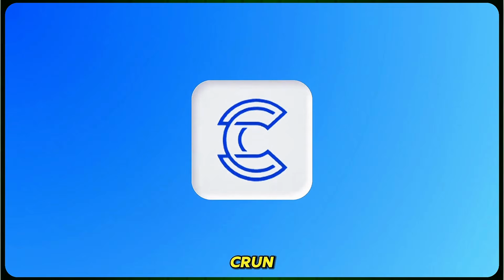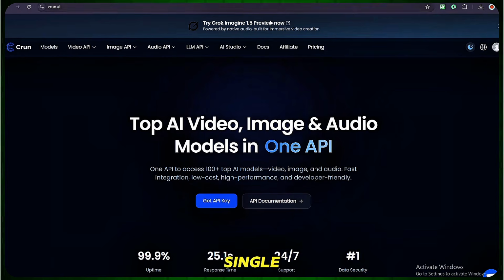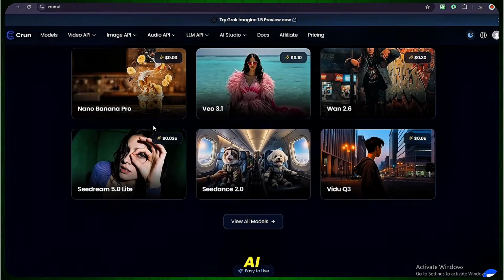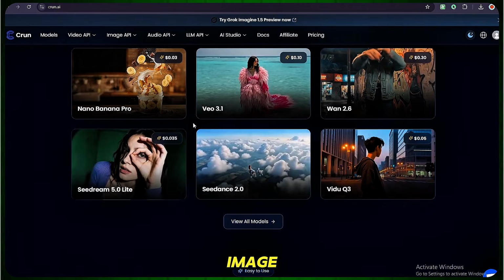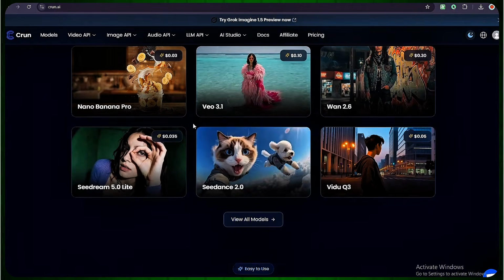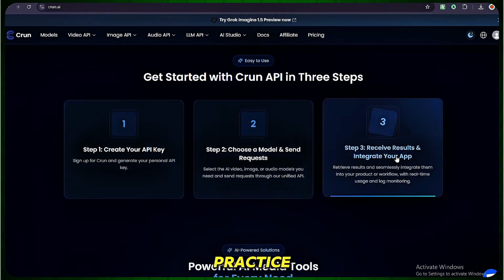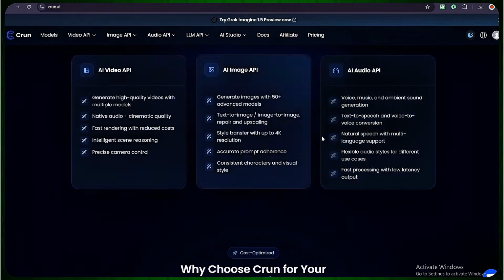one product. Crun AI eliminates all of that with a single unified API that connects you to over 100 top AI models across video, image, audio, and text through one key, one integration, and one platform. Let me show you what that actually means in practice, because the scope of what Crun gives you access to